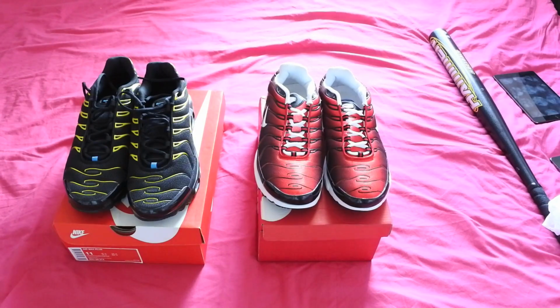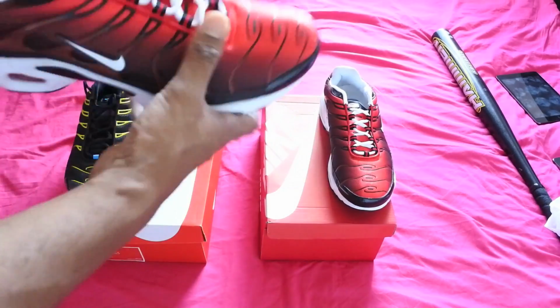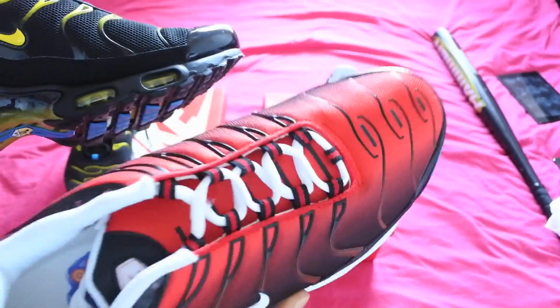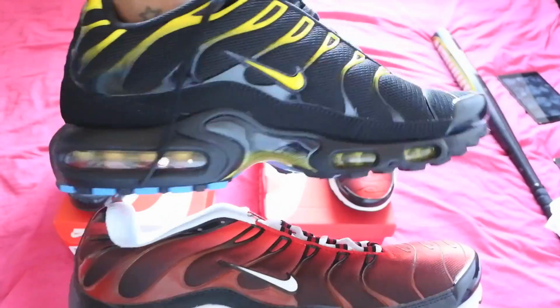But anyway, that's both of them side by side, and you can see that it's really annoying because they're so identical, man. I mean, look at that. They're so identical. The only thing that's a real giveaway for this one is I'm not too sure about this colorway. It doesn't look right, the colorway, to me. The annoying thing about these is that a lot